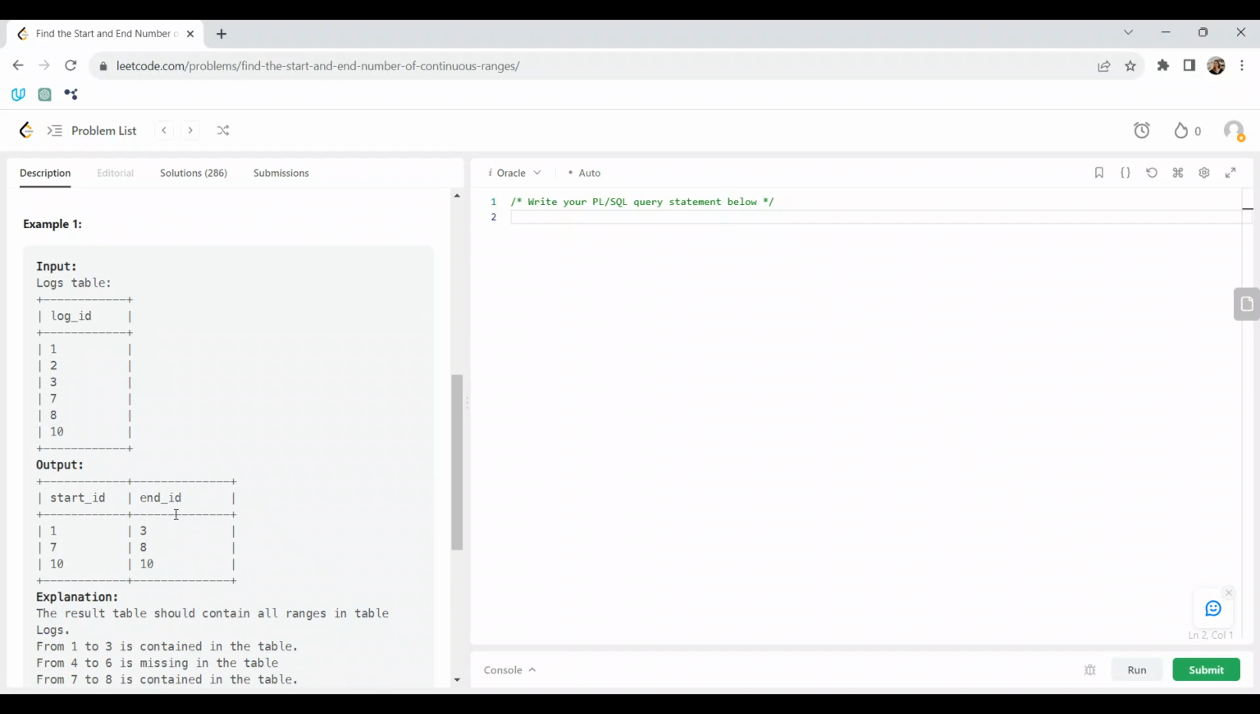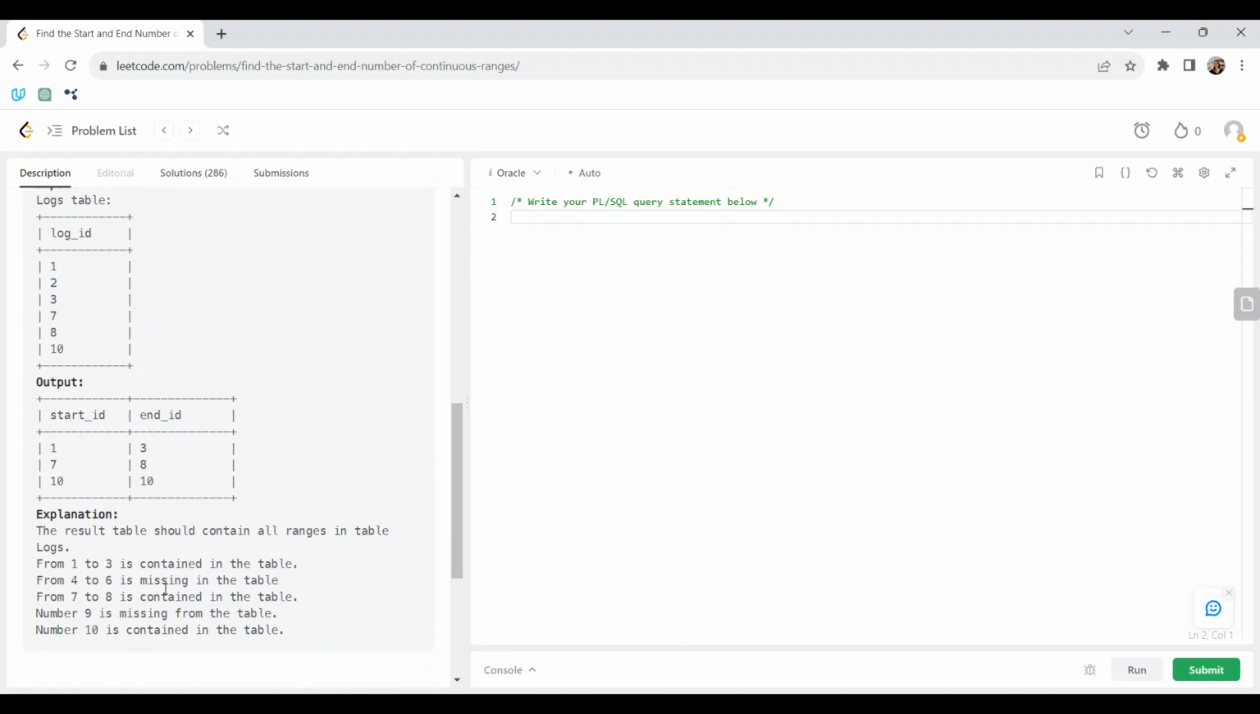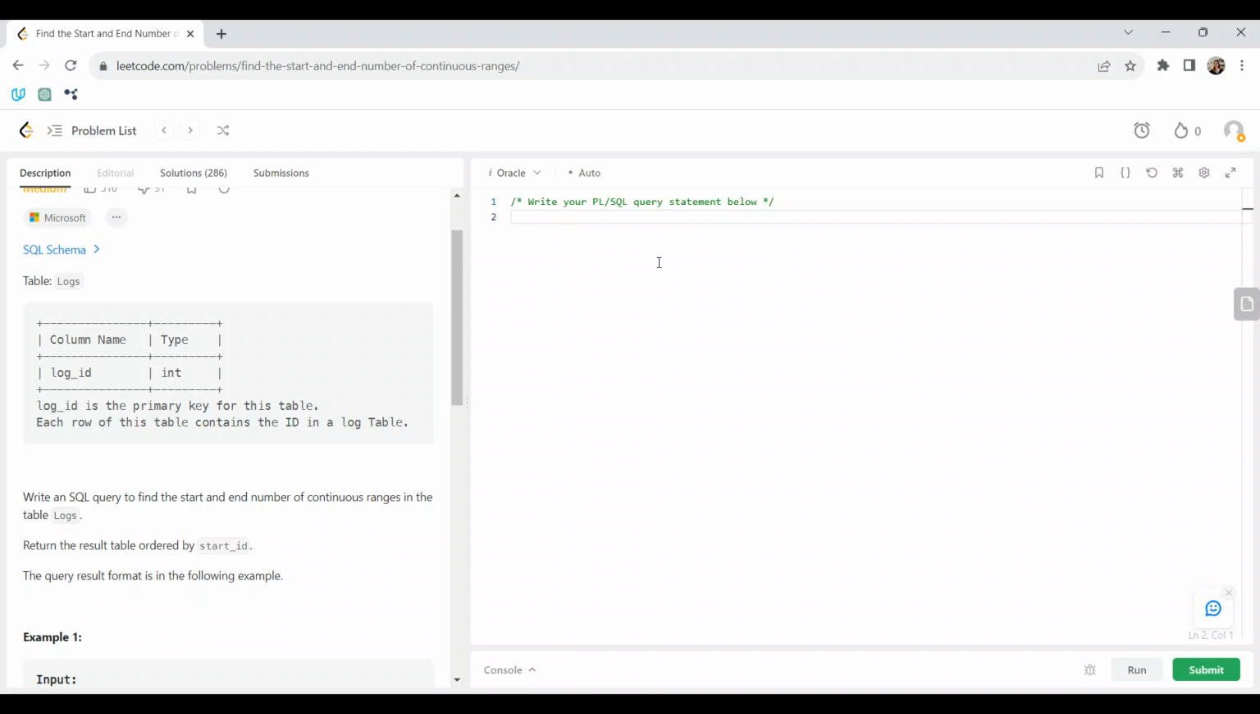Okay, we got a start ID and an end ID. All right, let's go to work. So we are going to select. It's going to be a query, a CTE for sure, just one step in the middle. Select the log ID, and then